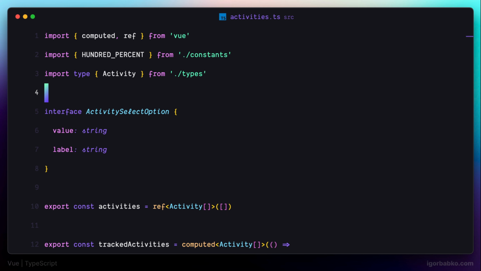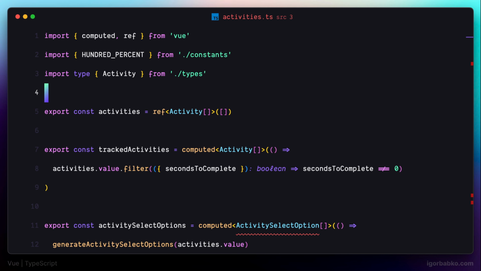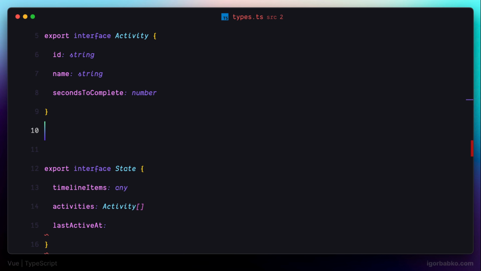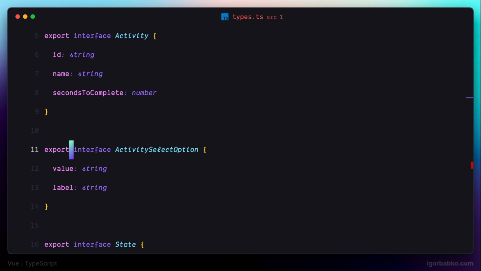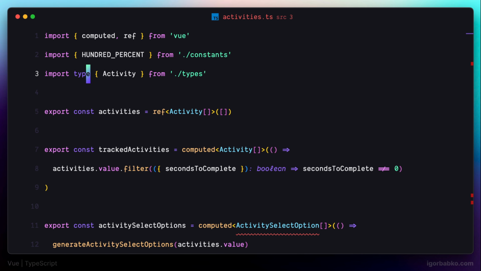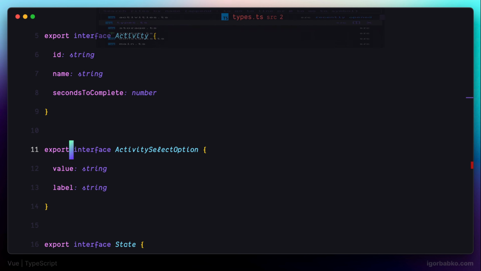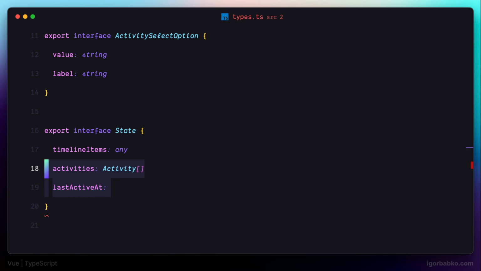And now we're gonna do the same with another type, ActivitySelectOption. So let's cut this type from here and paste it to types.ts. Let's not forget to also use the export statement right here, and then come back to activities.ts and add this type to the import statement. And finally, let's get back to our interface State, which is inside of types.ts, and let's